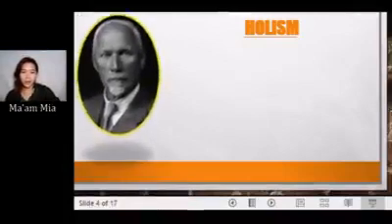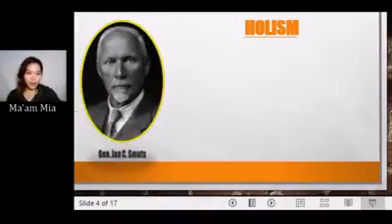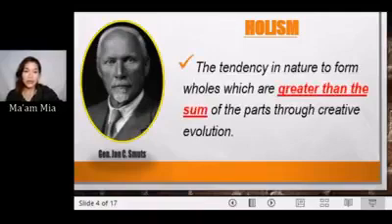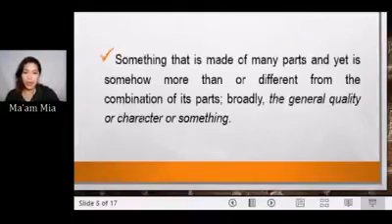Holism. The proponent is General John C. Smuts. Holism means the tendency in nature to form wholes which are greater than the sum of the parts through creative evolution. Something that is made of many parts and yet is somehow more than or different from the combination of its parts, broadly the general quality or character of something. In a shorter version, it means that ang isang bagay ay mas magiging makabuluhan kapag naging isang bahagi siya ng kabuuan. Halimbawa,